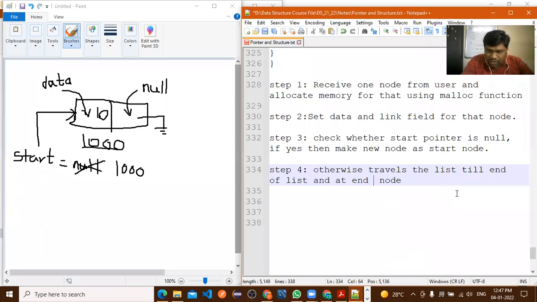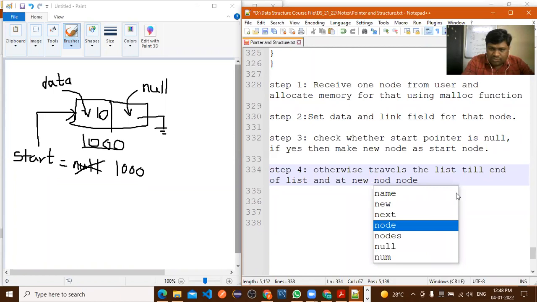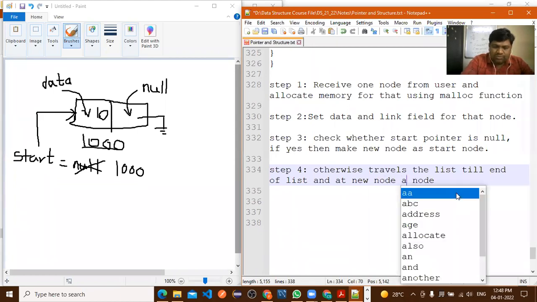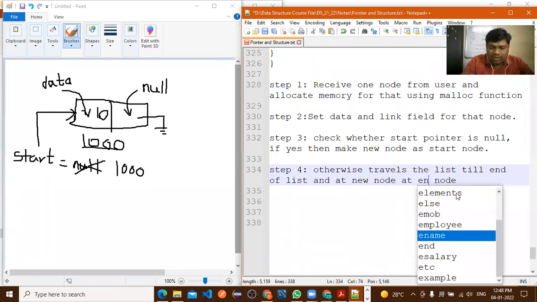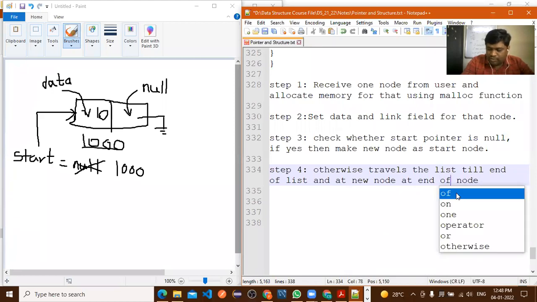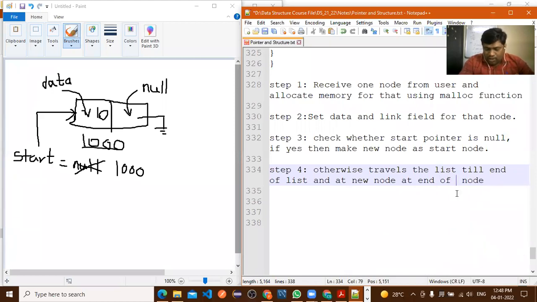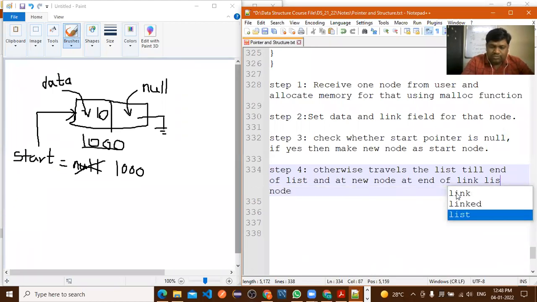And add the new node at the end of the linked list.